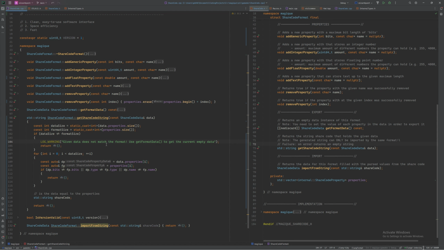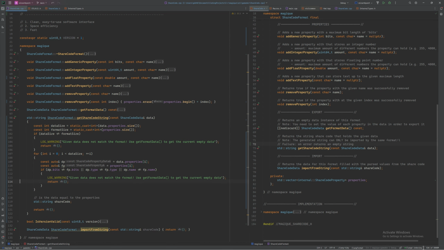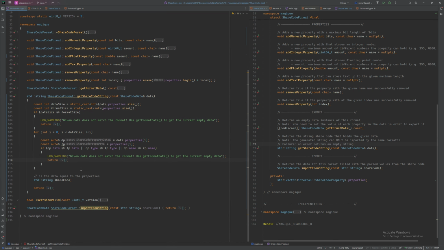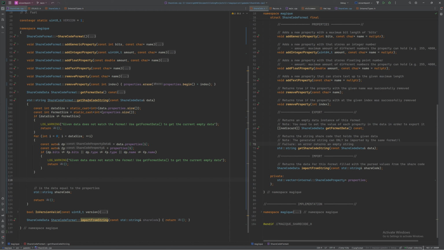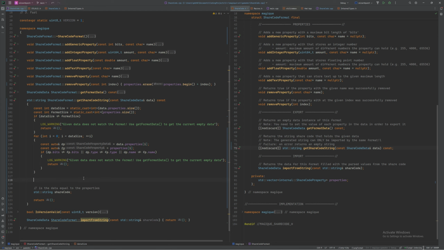I guess I can make it like this. Right, I guess this would be the checks. Yeah, I can make it const, sure. And no discard. Okay, so now we want to calculate the reservation